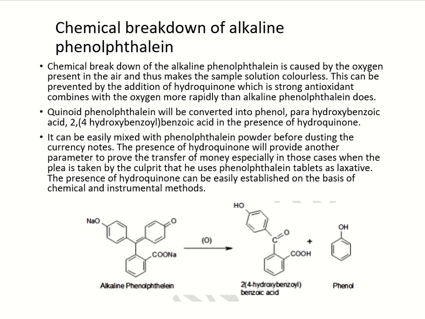To prevent this, hydroquinone is added, which is a strong antioxidant and combines with oxygen more rapidly than alkaline phenolphthalein, and thus prevents the breakdown of alkaline phenolphthalein. The quinoid or alkaline phenolphthalein, in the presence of oxygen, gets converted into phenol,